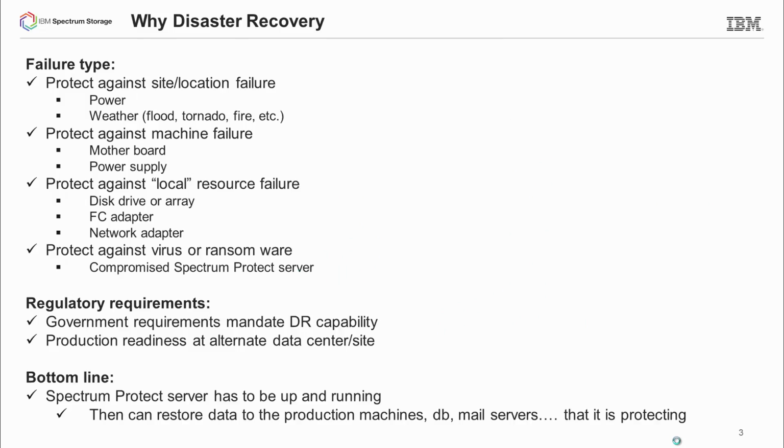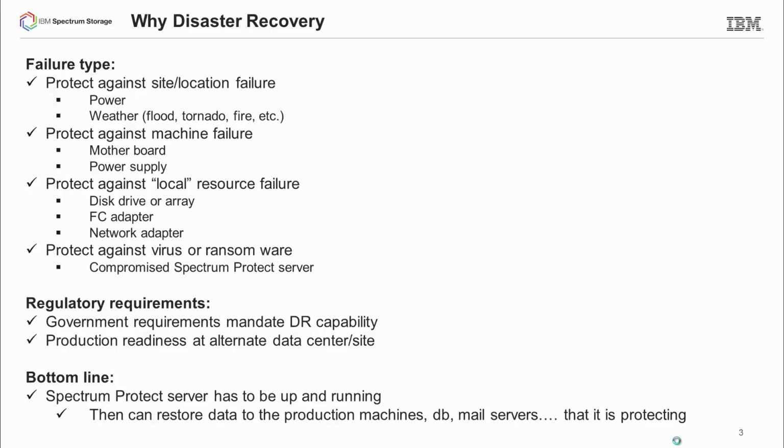When we look at why disaster recovery is so important, there's all different types of failures that can impact your Spectrum Protect server. It might be a power outage or some type of earthquake, flood, tornado, fire at your primary location where your Spectrum Protect server resides. It might be a machine failure on the hardware that your Spectrum Protect server is running. Maybe a motherboard goes out, maybe a power supply problem. There could be some sort of local resource failure like a disk drive or fiber channel adapter or network adapter. Or it might be something like a virus or ransomware that infects the operating system that the Spectrum Protect server